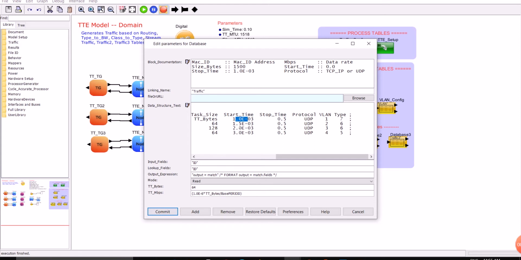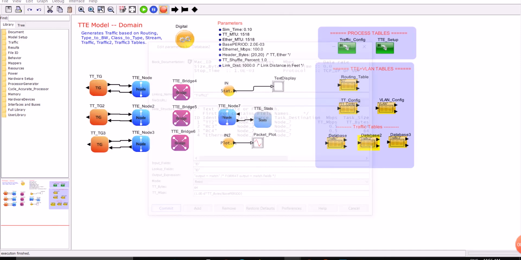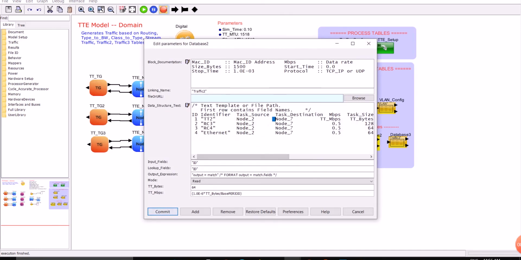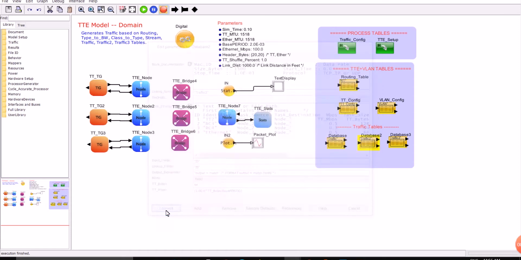You have to mention these things beforehand because it's a deterministic traffic, so you have to determine each and every timestamp: what should be my starting time and what should be my ending time of each traffic. Then there is the protocol, where you can assign TCP or UDP. We also have the VLAN type, and we'll see further what these are. In each block you can see that there are some source, destination, type and the same parameters.